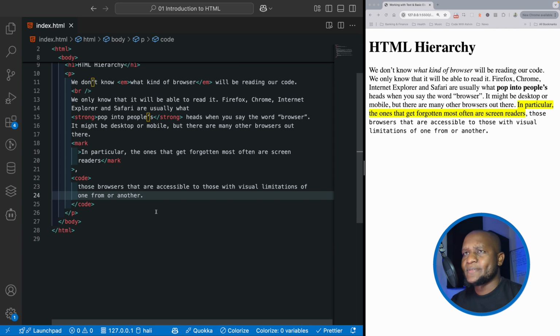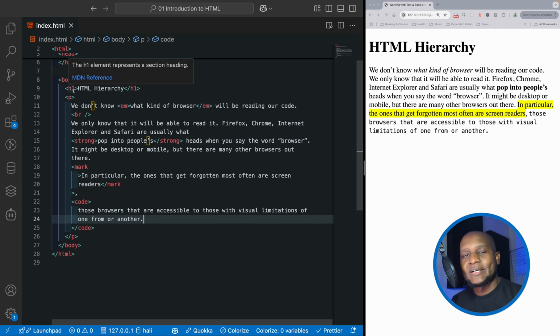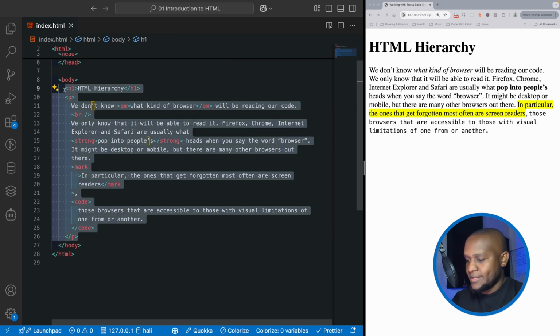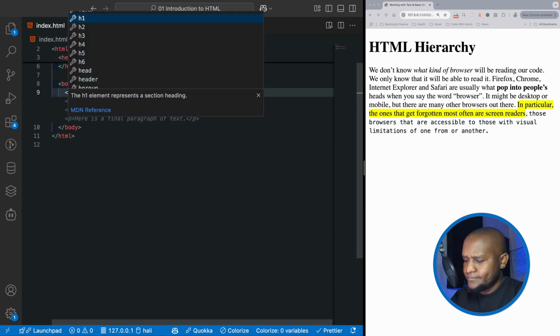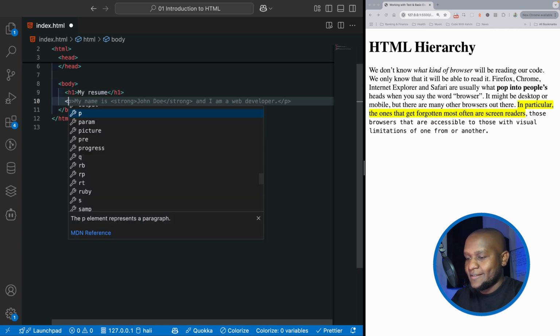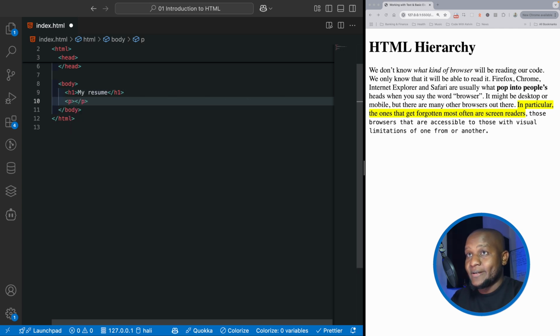So what are the next steps once you have learned, hey, we have heading 1 to heading 6, we have paragraph tags, we have semantic tags? Another simple practice exercise that you can do for yourself is, can I create a simple resume page using the knowledge that I've gained now? And that is very possible. So think about it. We can start and say, okay, H1, my resume. We can go in and say, hey, paragraph 1,